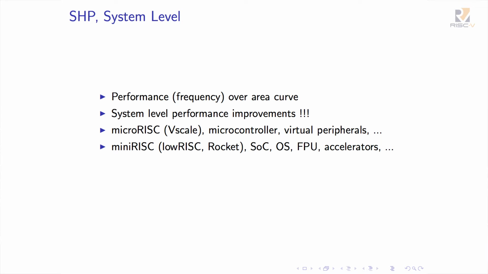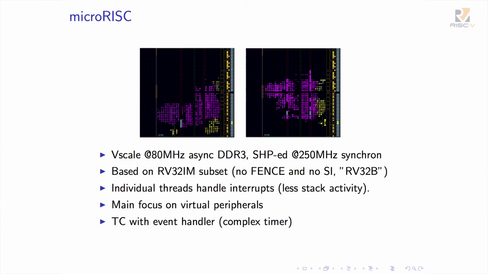So let's talk about the system level. So far we talked about performance over area curve in the classical sense that we increase the frequency, and system hyperpipelining is also about system level performance improvements. And for that, I created 2 projects. One is a micro-RISC project, and one is a mini-RISC project. So the VScale is Berkeley's Verilog version of the IM RISC-V, and it runs at 80 megahertz and needs an asynchronous interface to a DDR controller, here shown in yellow,